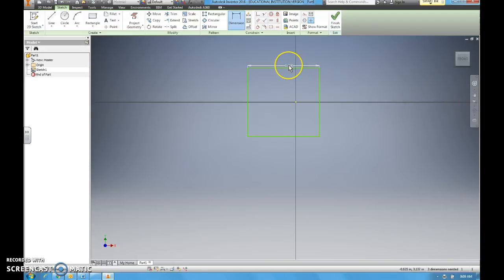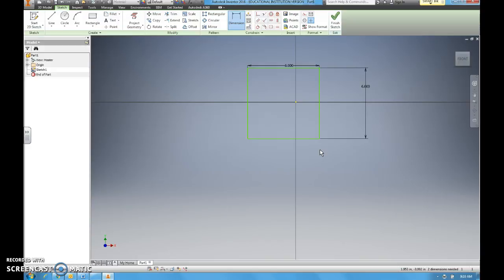Now if it changes this side, it will change also the side that's parallel to it. So that one's already 6 inches, but we need to fix this one. So we're going to dimension again, click, pull, click, edit. It's a square, so it needs to be 6 too. And hit the check mark. Now we have a square that's 6 by 6. What you might notice is we don't have the tabs on this yet. So we're going to go back and make the tabs in just a little bit, but this is a really